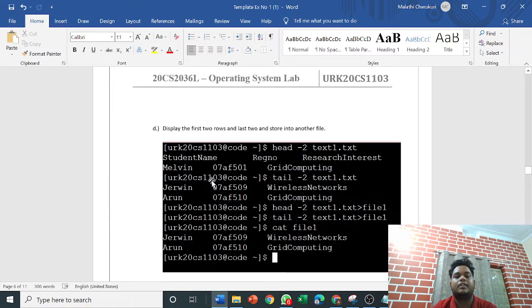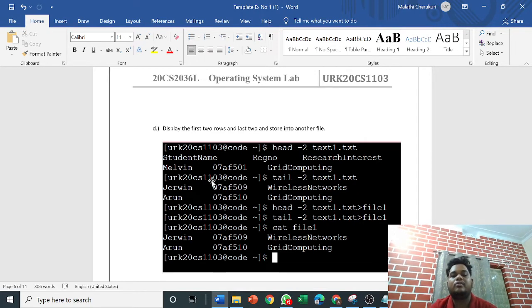And the next question is: display the first two rows and last two rows and store them into another file. For getting the first two rows, we need to use the command head. head basically gives us the first two rows of the data, with the file name, text1.